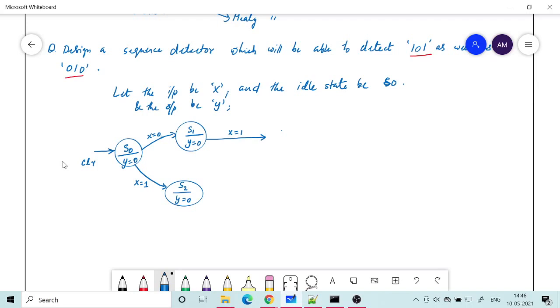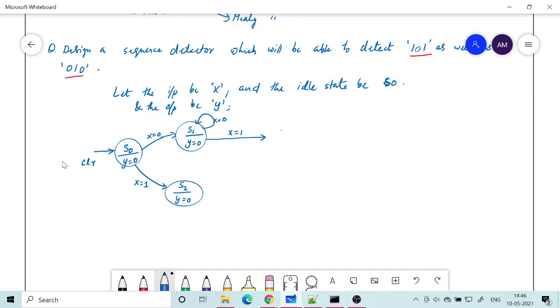Now I am at S1, and the next bit that is coming, suppose it is equal to 0. Then still I have detected only a single bit, so it should be again S1.